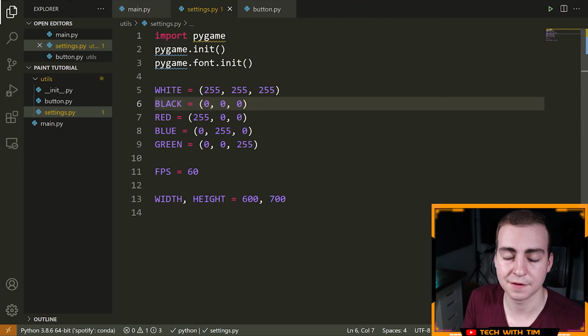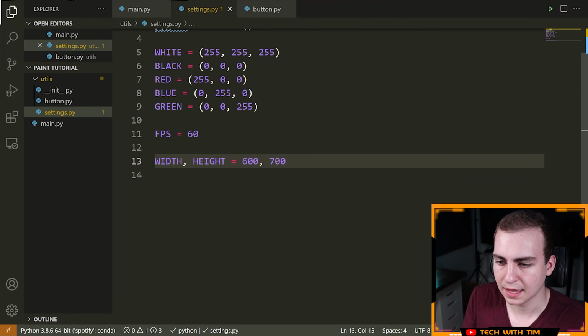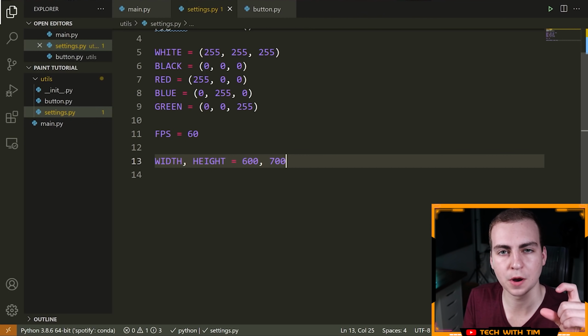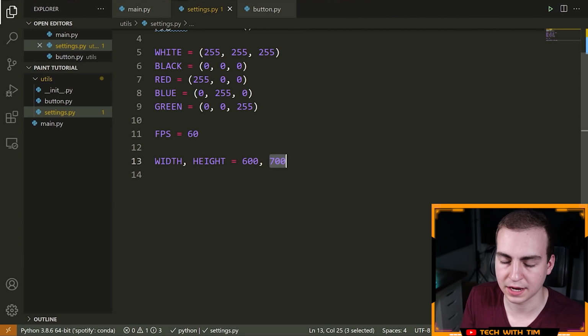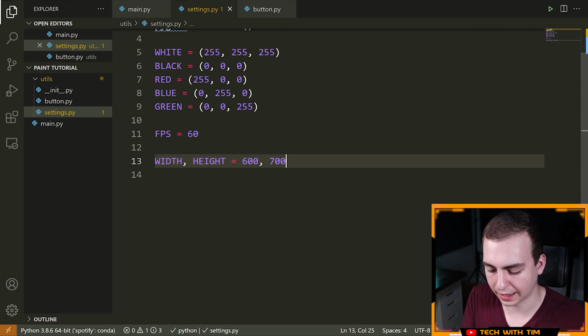So in Python, whenever you have a constant value that is not going to change, you put it in all capitals, and that just kind of represents a constant. It's just good practice. Now, why are we making the height slightly larger than the width? That is because we want to have a little menu bar at the bottom of our screen. And so we'll have a canvas that's 600 by 600. That's kind of the drawing area. And then we'll have 100 pixels. That's the extra height for the actual toolbar at the bottom.